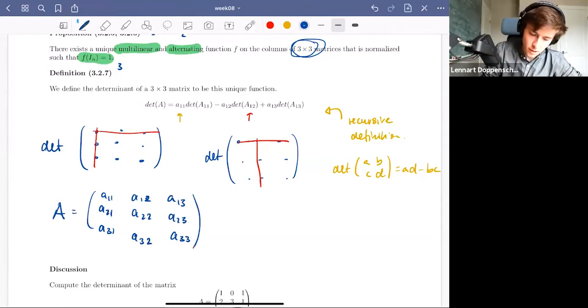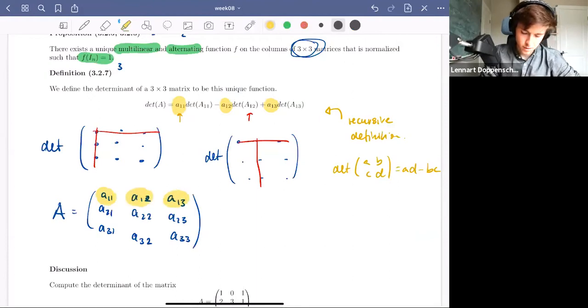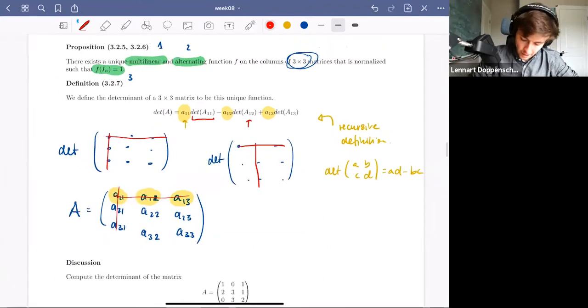As you can see, these coefficients are exactly the entries of the first row of A. We multiply each with the determinant of a minor, which is exactly the one that we get by striking out the first row and the column in which this entry was. Okay, long story short,